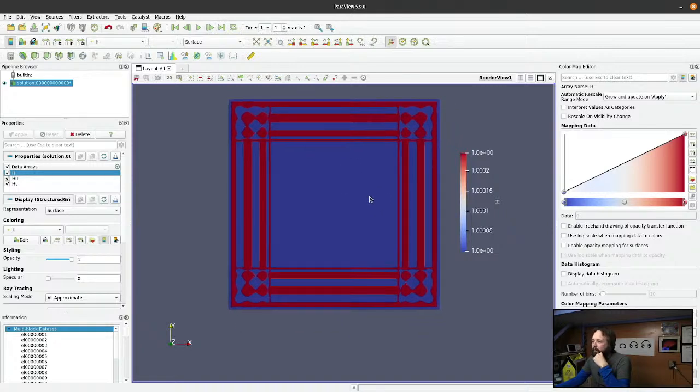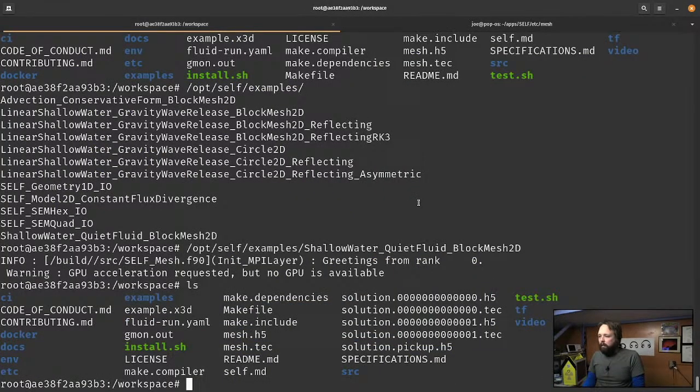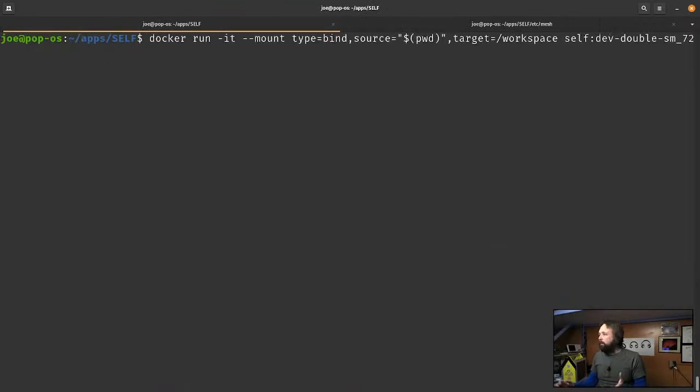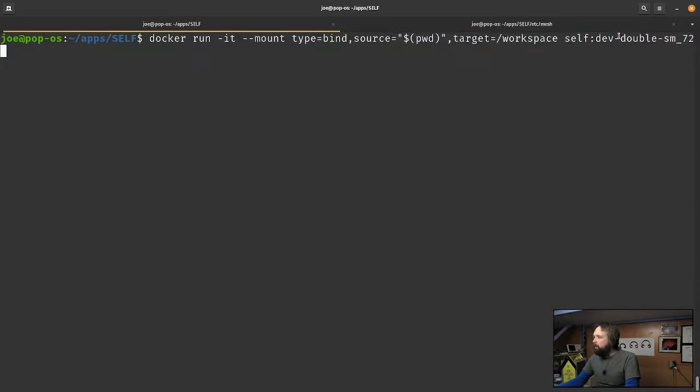So what I'm going to do here is make sure that the boundary conditions are set to radiation. And there's a method we can use for that. So go ahead and hop out of that container. And just for clarity, that docker run command, so you'll do docker run -it, so we can basically drop into a shell. The entry point here is basically a shell that loads up the Spack environment inside the container. We'll do a bind mount, and then we run the SELF container that we built, which here was built for double precision for a V100,